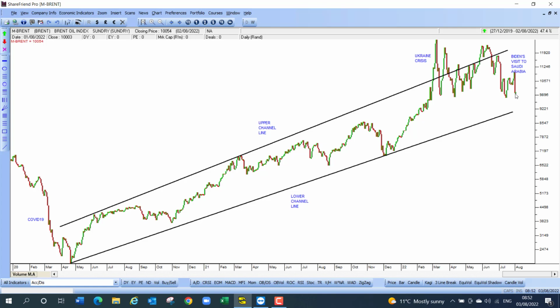ANC Secretary General Paul Mashatile has issued new rules. He says that nobody can run for election in the ANC with impending charges. In other words, if a person has been charged with something, they haven't come to trial yet, there's been no conviction, but if they're in that situation, they can't run for election. And obviously, this doesn't really suit quite a lot of people who have already been charged with crimes in connection with state capture. Cyril Ramaphosa is also at risk here because he hasn't come clean about Phala Phala yet, his problem at the farm there.